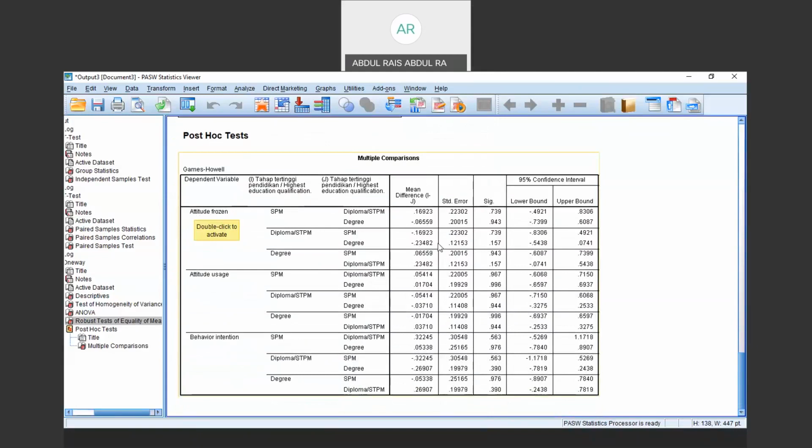So from this table, when you report it inside the thesis, when you copy paste and get rid of the unnecessary columns, it will look